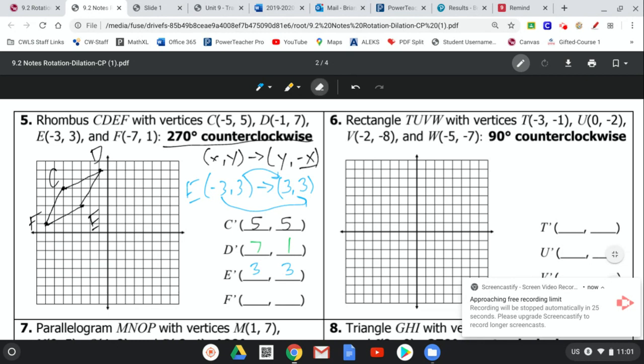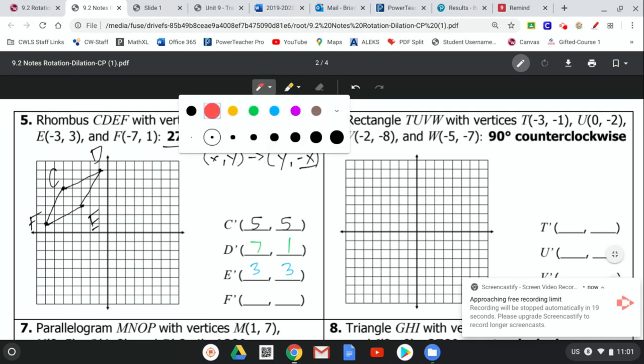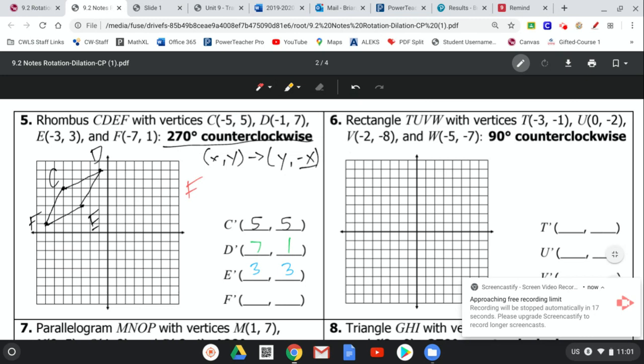Okay. And then lastly, we have F at -7, 1. So that changes: that 1 comes in the first spot. The -7 moves into the second spot and becomes positive. So we're at 1, 7. So for this we